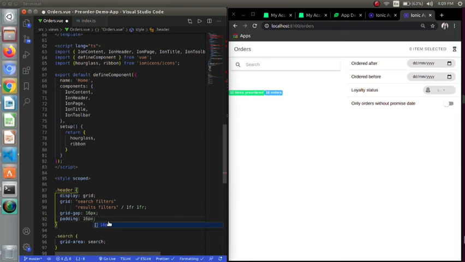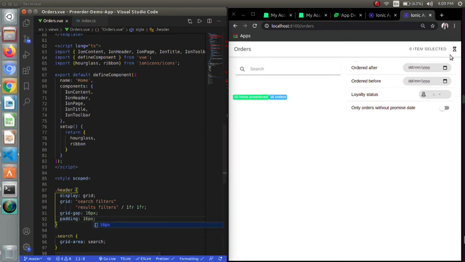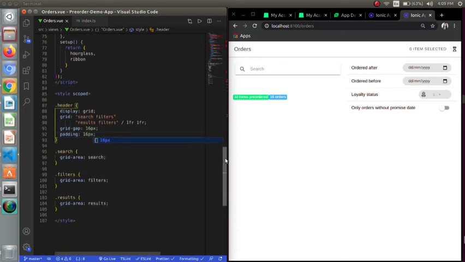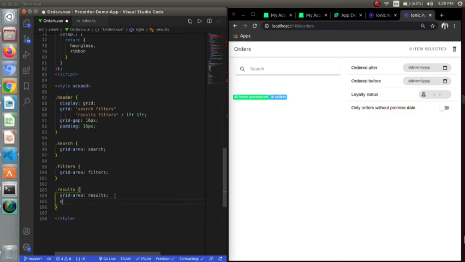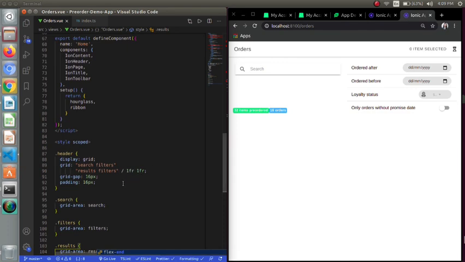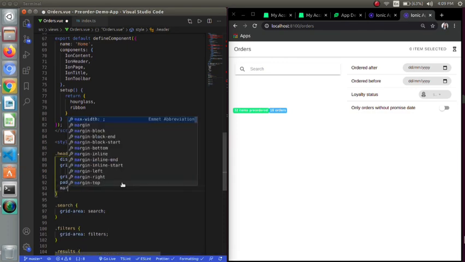Let's just give a padding also of 16 pixels. I want my result badge to be at end, so I will be aligning itself to end by using the align self property in the result class. So in this way I created the grid.